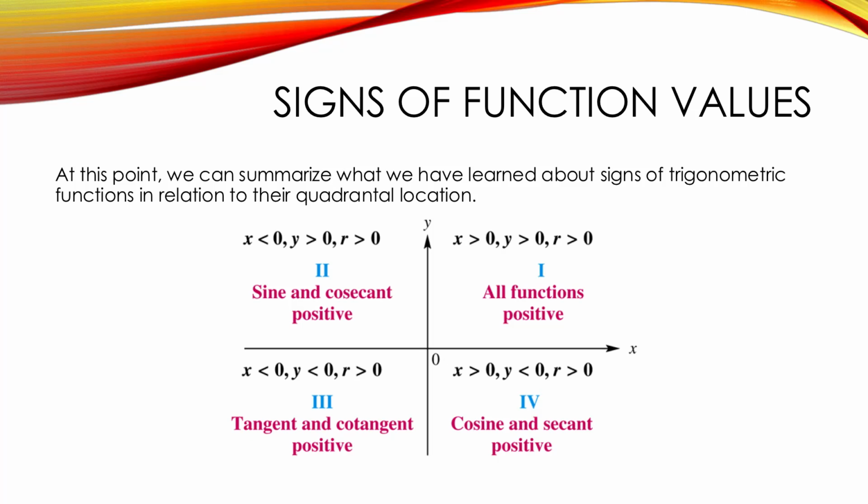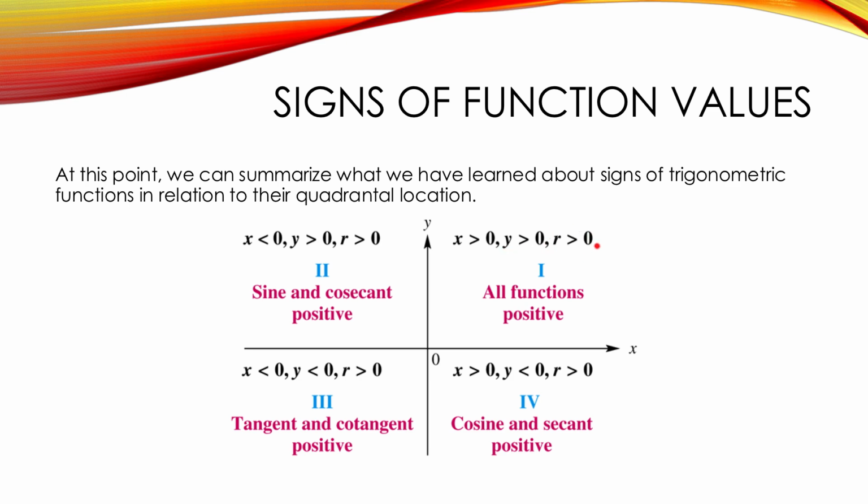For the second part of section 5.2, we're going to start by talking about signs of our function values. So I alluded to this a little bit in our last class, but what we want to do is summarize what we know about our 6 trig functions and their location within different quadrants. So what we have found is that in quadrant 1, x is positive and y is positive, and as we